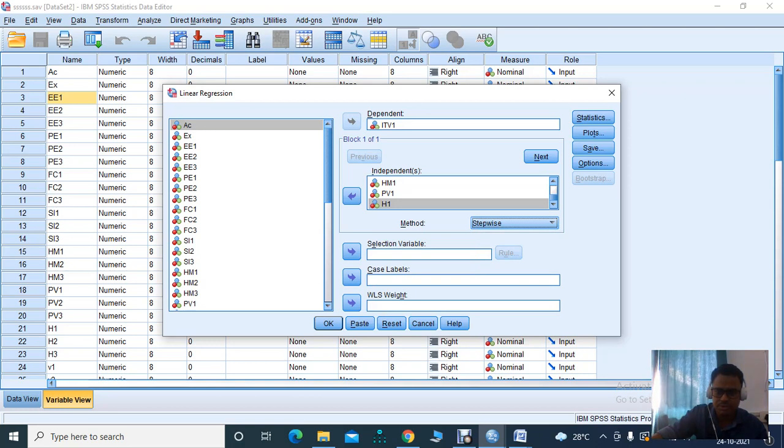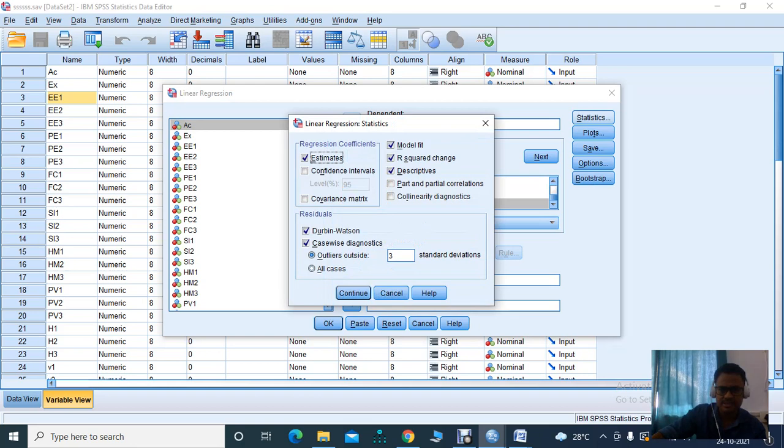So I have chosen stepwise here, or you can also choose Enter. Enter means it will test the significance of all the variables and keep them in the model summary. However, in stepwise, it will only keep the significant variables that impact the dependent variable. So let us give it Enter.